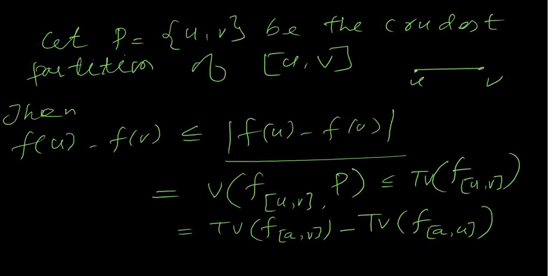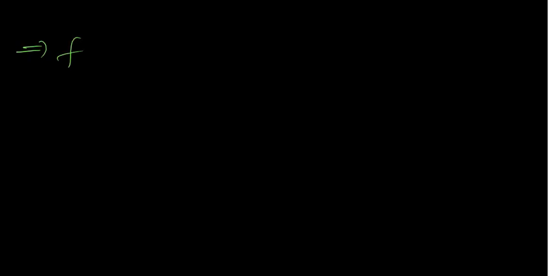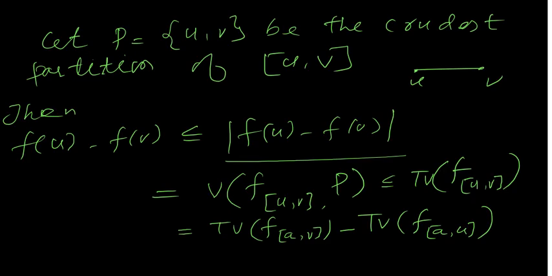This implies f of u minus f of v, total variation over a to u is less than over a to v minus over u to v. This is fine, over a to u, this is a to v, f of u plus